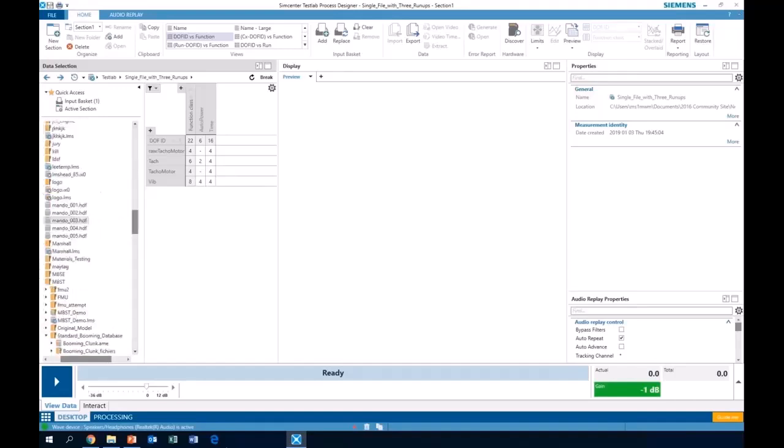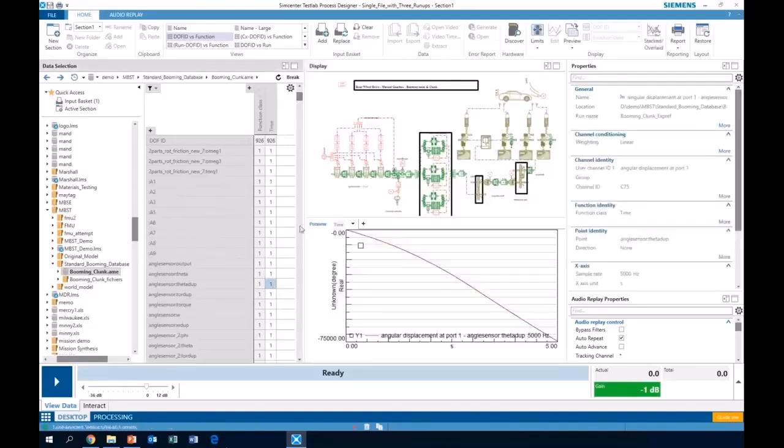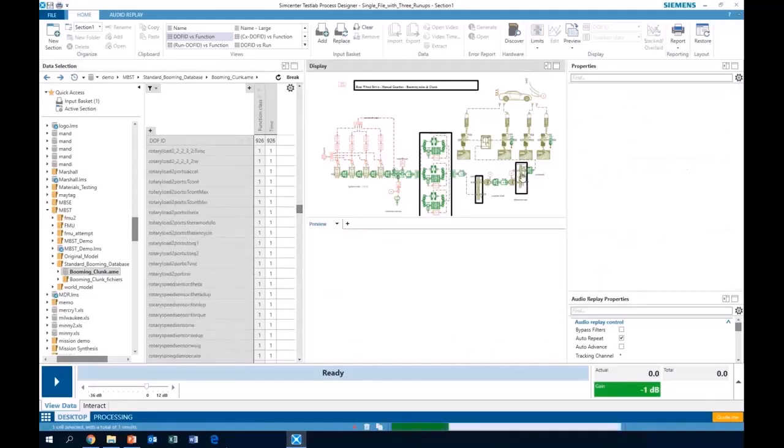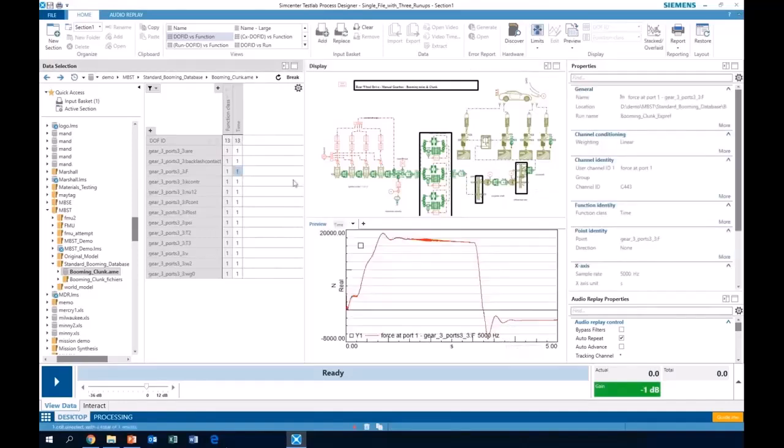I can come in and go to that same AMOSIM. I can click on it and I can view the time histories directly in Test Lab here. Let's say I go to that same gear here. Now, if I click on that part of the model, it brings up the data just for that gear. And I can see that vibration data. I can right click on this, add to input basket, and process it. That's pretty nice. Again, the idea as we think about NEO and a lot of these new enhancements is we want the world between simulation and test to be blurred quite a bit.